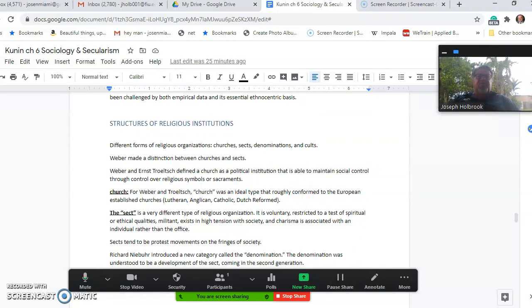A lot of this comes from Max Weber and his colleague and friend Ernst Troeltsch, whose two-volume book I have read. Weber and Troeltsch came up with a number of definitions of religious structures, beginning with the church. For them,